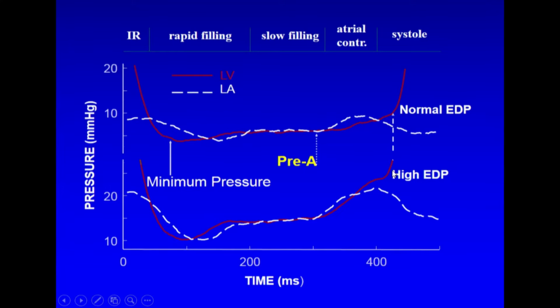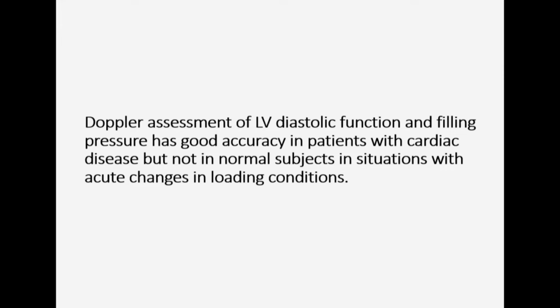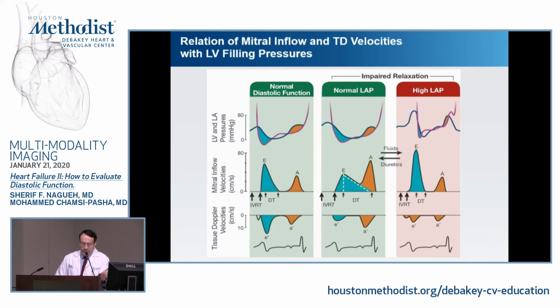In the setting of heart failure, end-diastolic pressure increases, and you can see in this example it even exceeds the atrial pressure, which means there cannot be any forward flow from the atrium to the ventricle during this time. We've already touched on these velocities. And so now with that background, let us talk about Doppler assessment of diastolic function and filling pressure. The principles we touched on briefly in this summary slide here